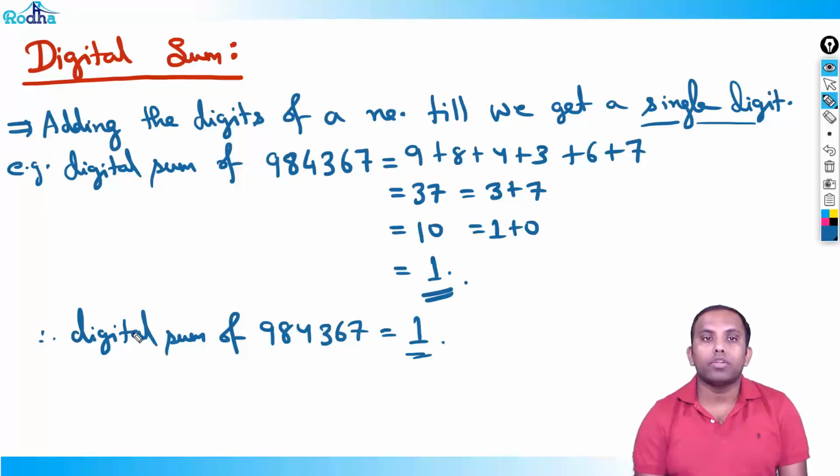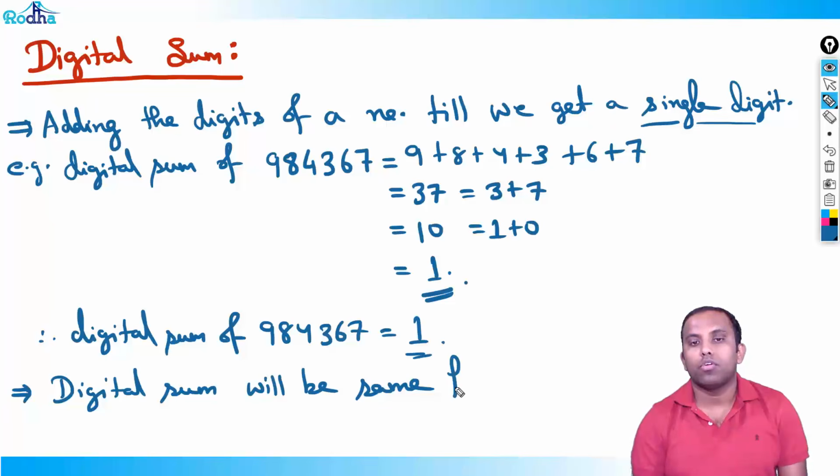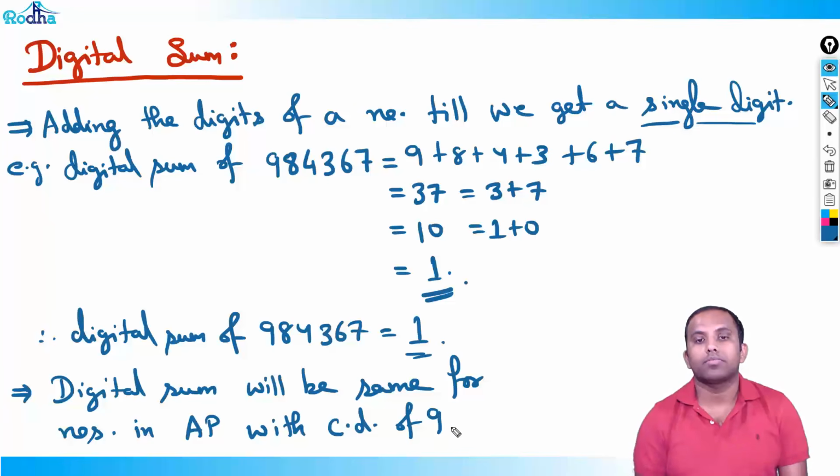There's an exclusive property of digital sum. The digital sum will be the same for numbers in AP with a common difference of 9. So every time the digital sum will be the same. For example,